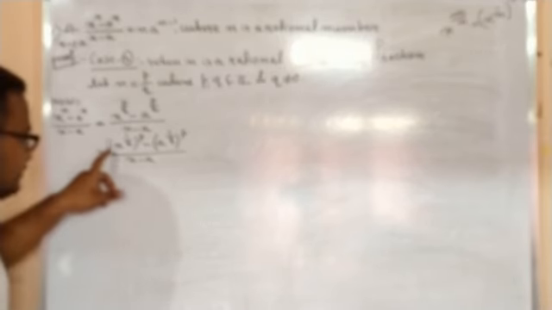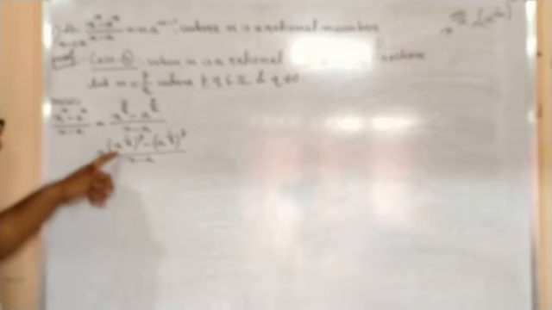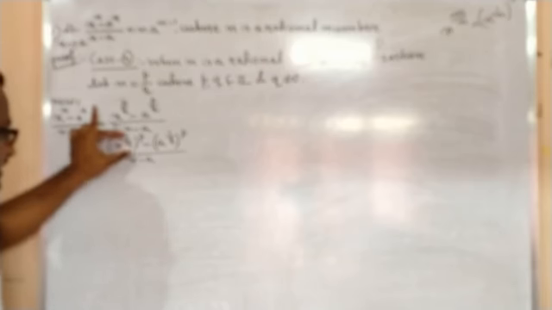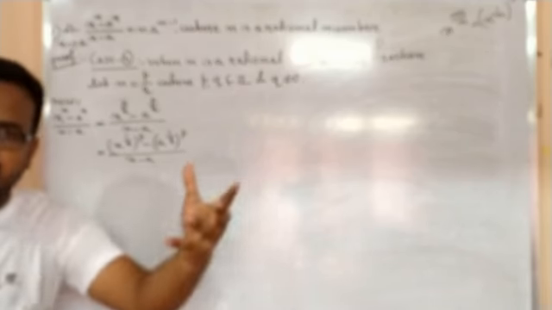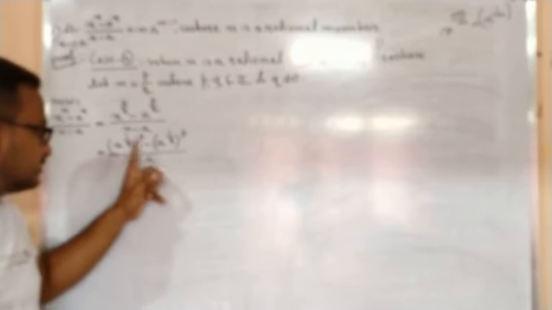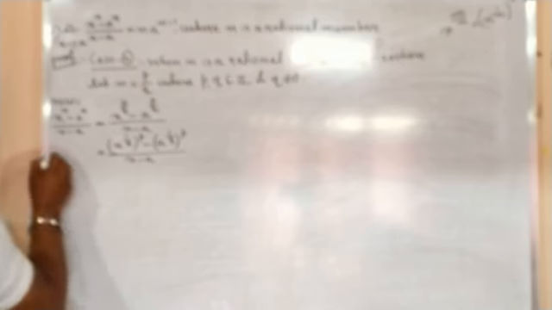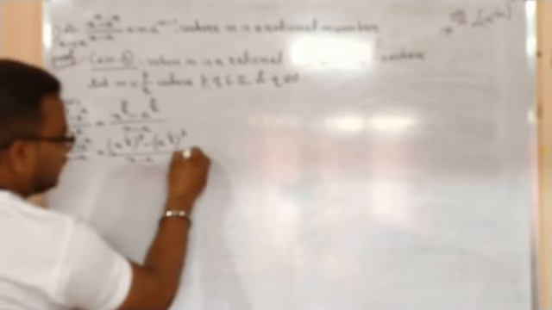Now we have to rename this quantity x to the power 1 by q, because this is any number, and this is again any number. Any number to the power any number is itself a number. So this is a number, this is a number. So let us rename those numbers. Let us call this equation number 1.